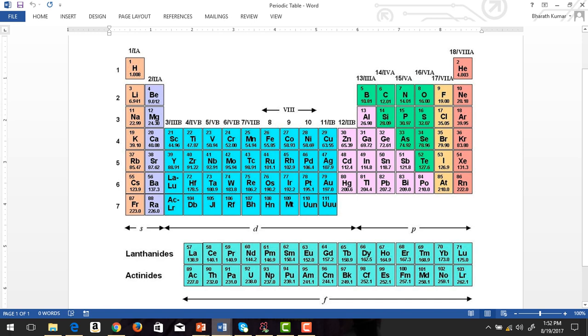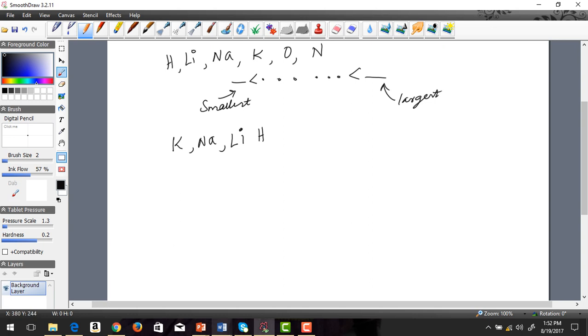As I said, electronegativity increases as you go from left to right. That means oxygen is somewhere here. So nitrogen's here, oxygen's here, because they're all below hydrogen. So let's put them in order. It will be potassium less than sodium, less than lithium, which is less than nitrogen, which is less than oxygen, which is less than